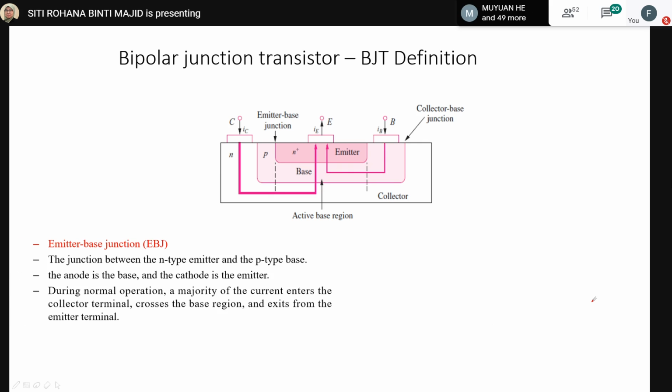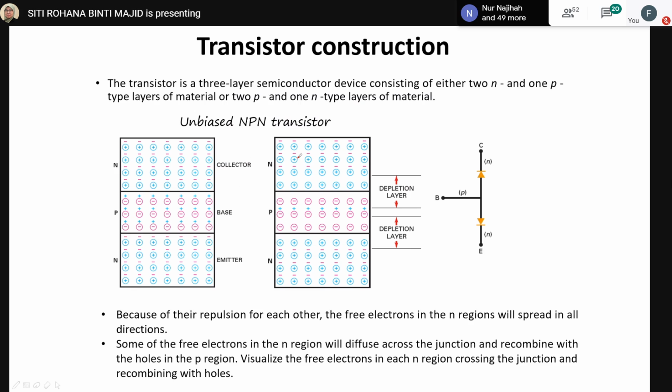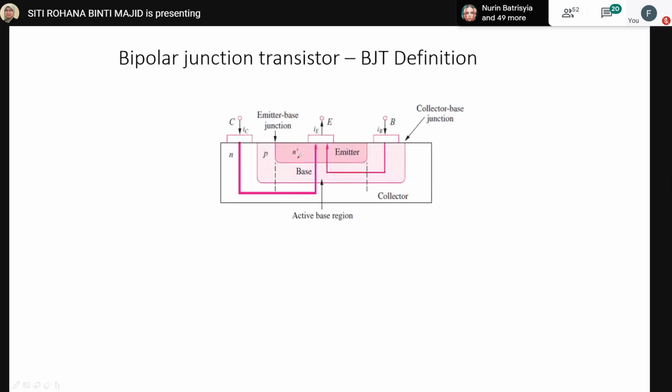Okay, but here we want to know there is an emitter base junction. So this one we have NPN. Just now I had PNP, before that I had NPN. Okay, this one is NPN. So the cross section of a transistor for NPN,